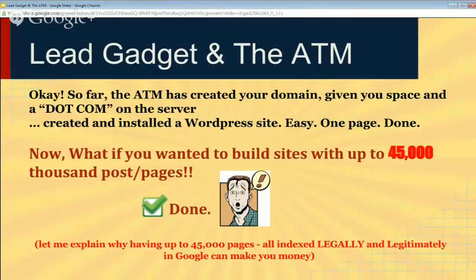And when I mean correctly is, there are a bunch of other products that tried to mass produce sites, and they tried to emulate products that we had brought out earlier in the past. And what happened is we've had customers that are inside the ATM right now, and they've tried them all. And there's a lot of things in the back end of WordPress as far as the database goes that people don't quite understand, especially when they outsource the creation of their product that they're trying to sell. And you'll find that, like I said, the customers have tried them all, and they said none of them work